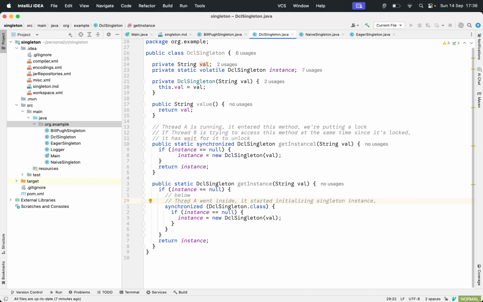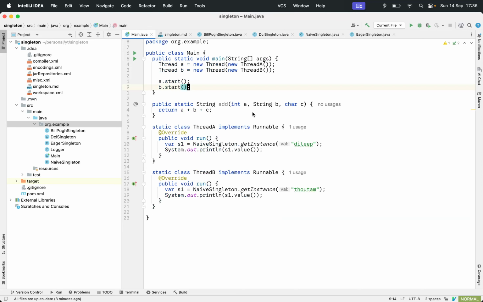If there is no null check, both will be initialized again. That's why this double checked locking needs to be there. I hope you understood. But let's replace the naive singleton with the DCL singleton.